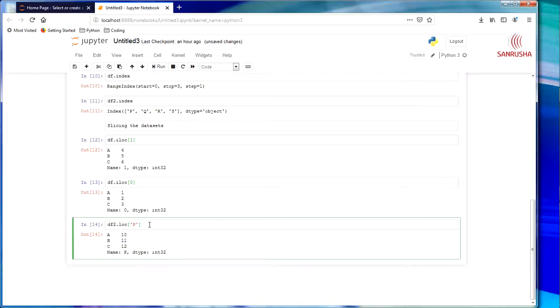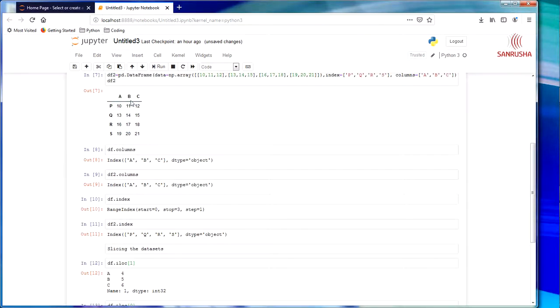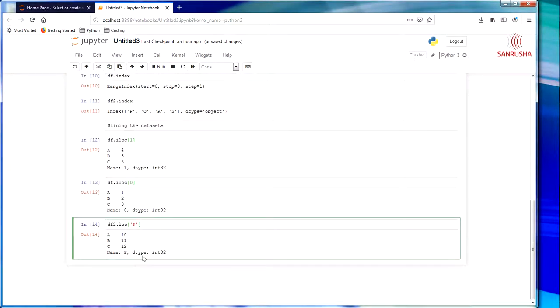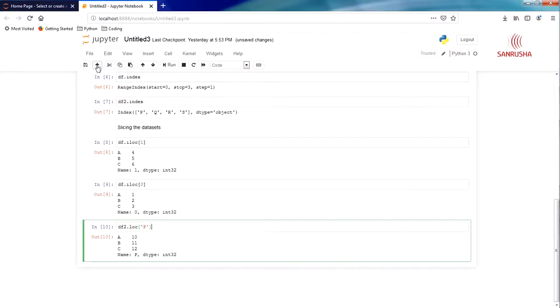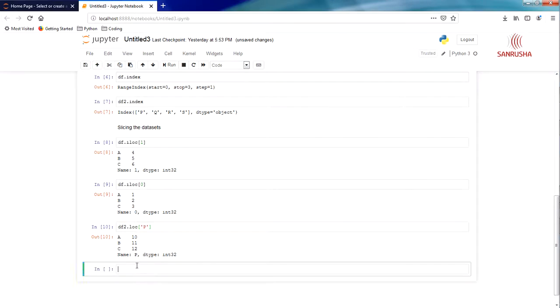How about if I want a subset of this data? For example, I want only this part, 10, 11, 13, 14, 16, 17, only this part. I want to create a subset of it. That is easy. Okay, let's go ahead and add a new cell. Now we're going to create a subset of df2. We are going to call it df3. The command is